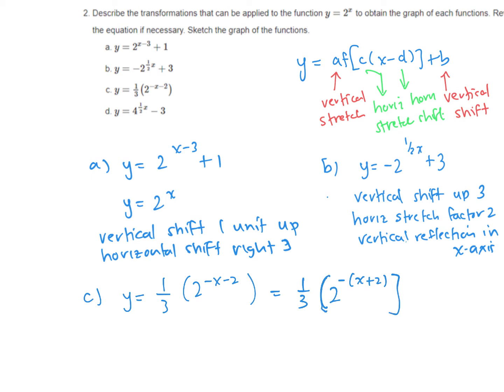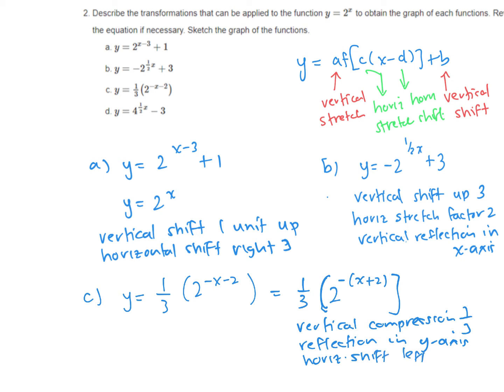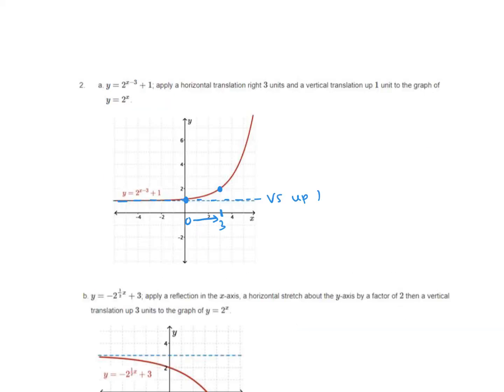So the horizontal shift is actually left 2. So we have a vertical stretch of 1/3, or a compression because it's a fraction. We have a reflection horizontally, so it's going to be in the y-axis. And we have a horizontal shift, and it is going to go left 2. So if we look at